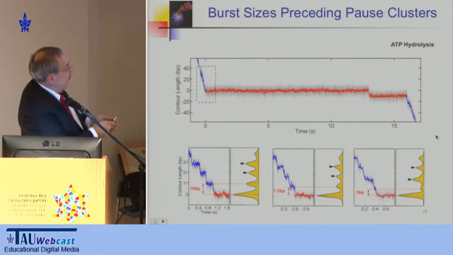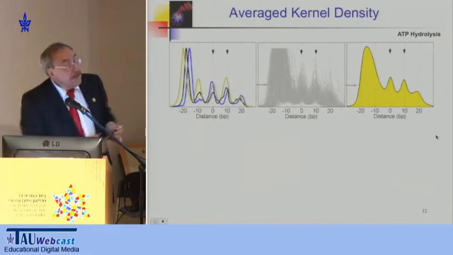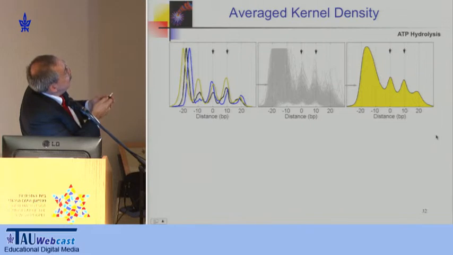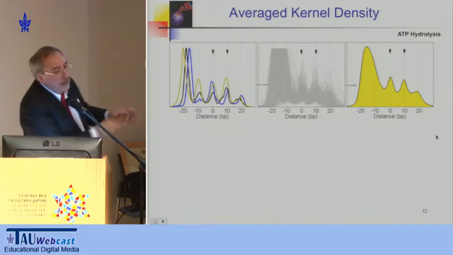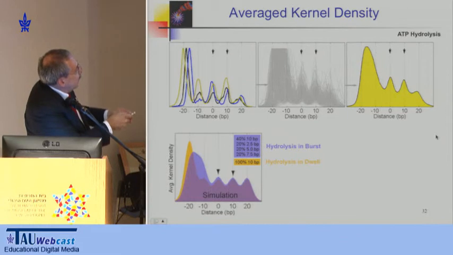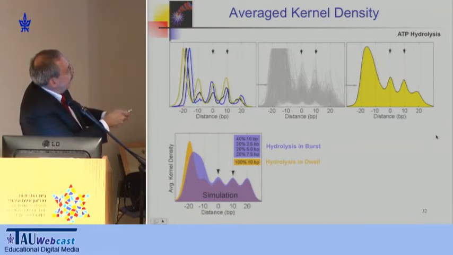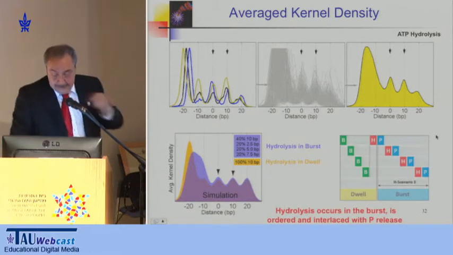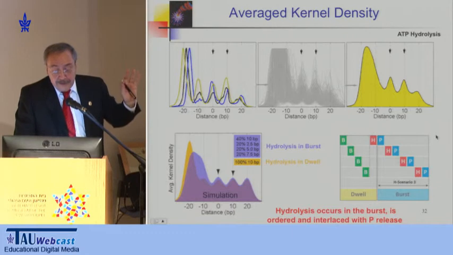And we did that, and here is a demonstration of what we get. We get sometimes 10 base pairs, sometimes 7.5, sometimes 5, sometimes 2.5 base pairs. If you superimpose all of this data, using the previous dwells as anchors, you see that what we get is a very broad peak that is not exactly 10 base pairs from the previous peak, because in fact you get 2.5, 7.5, 5, and 10 as an average. This is what you would predict theoretically if the hydrolysis occurs during the burst, right? If the hydrolysis occurs during the dwell, you would expect very clearly 10, 10, 10, 10, 10 base pairs distance between these peaks. So in fact, we can conclude that hydrolysis of ATP occurs prior to the release of phosphate during the burst. I don't want to bother you with the details of this, but we can ask the question,